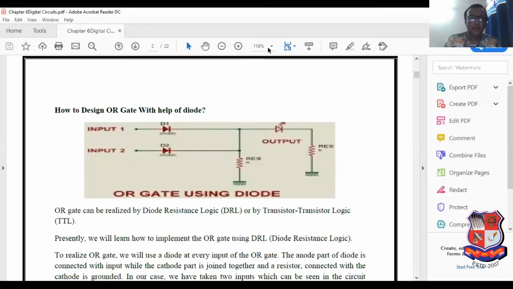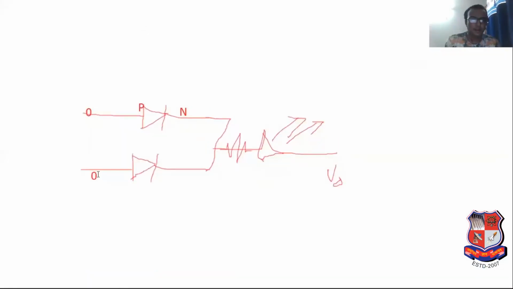Now we apply the 1 input. Here we apply 1 input, and here also we apply 0 input. See this, consider the second case. Now, due to this 1 being present, 1 means high voltage. I have written here: 1 equals high voltage. So due to the presence of high voltage, we get sufficient voltage here. So glowing the LED is possible here. So we get the maximum voltage here. So the output is 1. In the first case the output is 0, in the second case the output is 1.